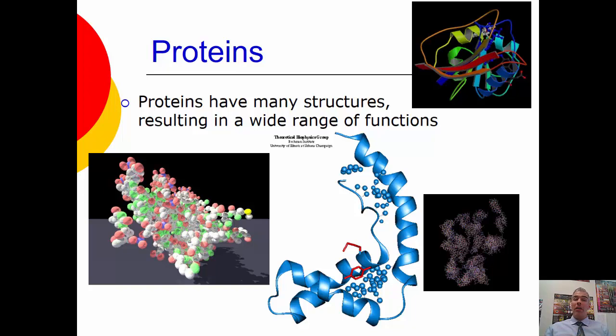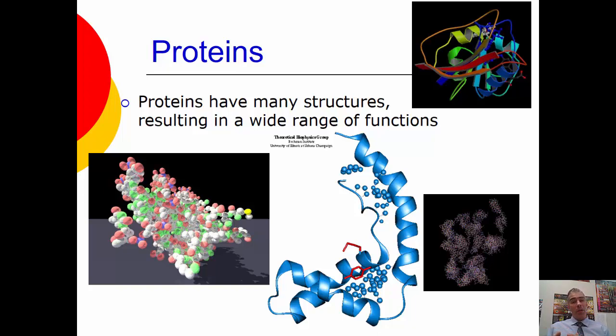Okay, so the third macromolecule that we focus on is proteins. And proteins are my favorite macromolecule because of their importance for life. Life has all of these different properties and functions that have to happen in order for something to be considered living. Proteins are the driving forces behind doing all of those functions. They are the little machines that do everything that is required for life to be considered life. And because of that, they have so many different shapes and orders and things like that.